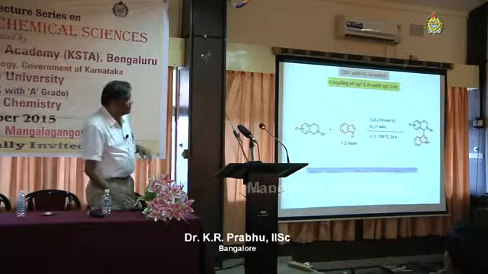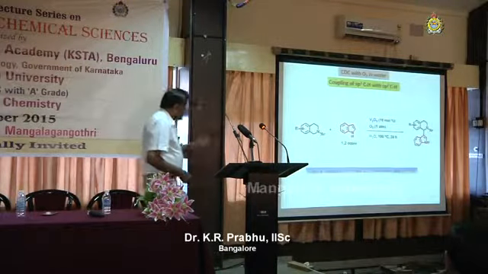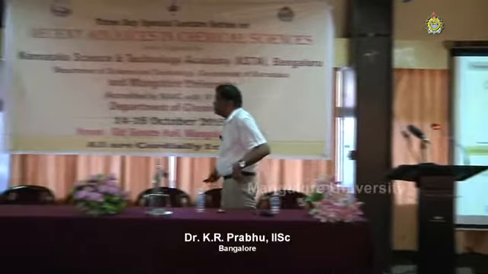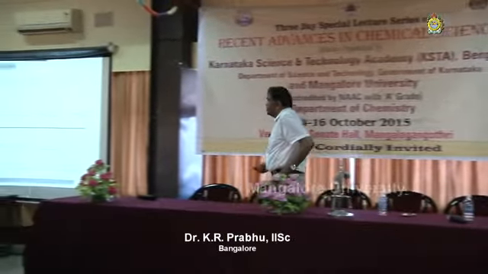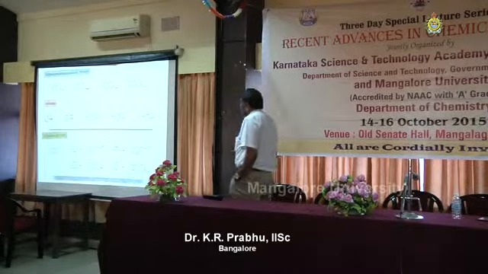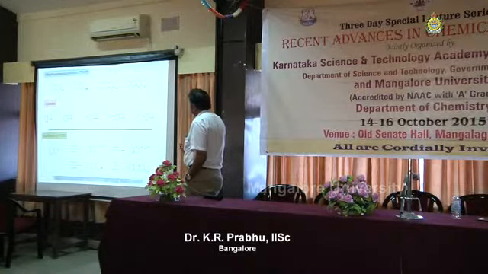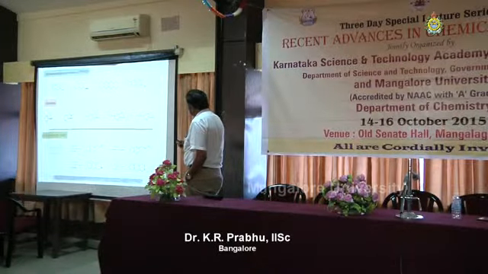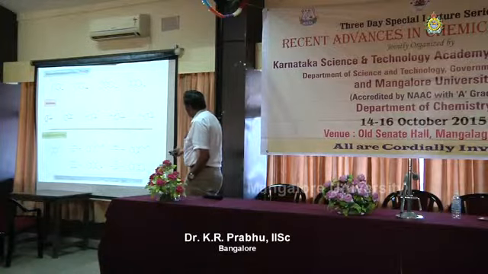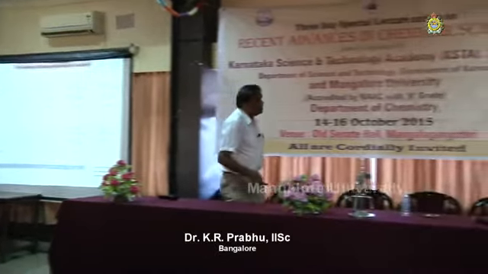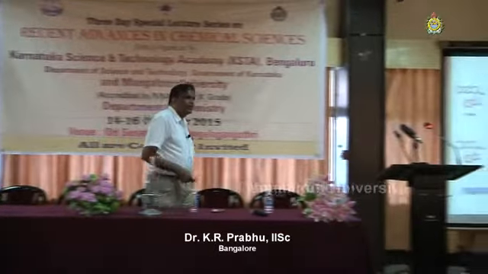Luckily, he had nice help from his colleague Ravi Kumara, who was a project assistant during those times, and then they started looking at a variety of substrates. You have synthesized several tetrahydroisoquinolines, made N-phenyl, N-paramethoxyphenyl, N-amine, and again some of these heliotropin kind of compounds, and different varieties of them. We have also made several indoles, and this is the method we followed to make the tetrahydroisoquinoline. Then, looking at the substrate scope, the reaction worked extremely well.